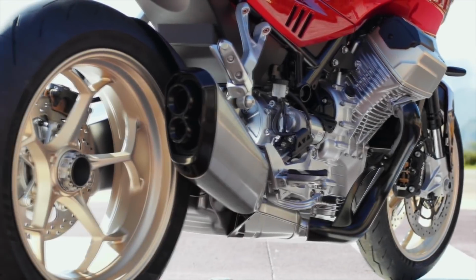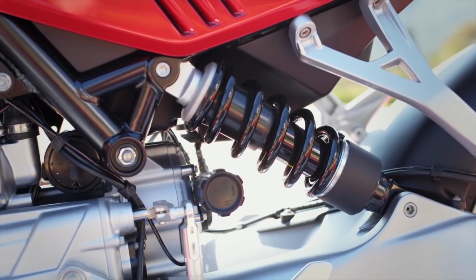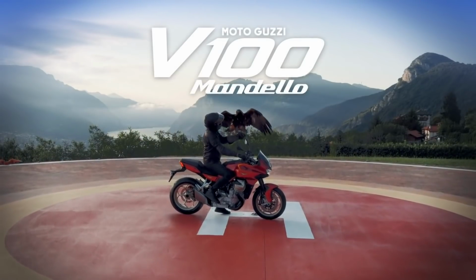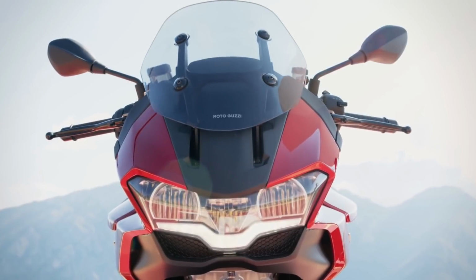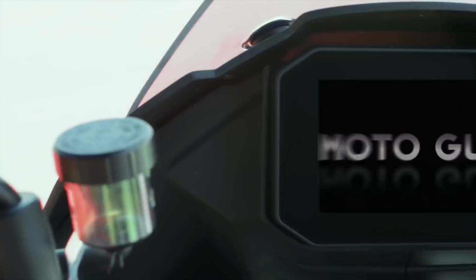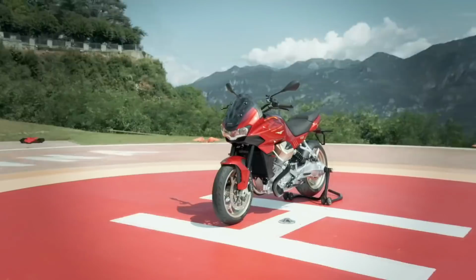Moto Guzzi have just announced the beautiful V100 Mandello in their teaser video. Full details and specs aren't going to be revealed until November's EICMA show in Milan, but Guzzi haven't been coy about showing us up-close details of the bike, and from that we can make some pretty educated guesses as to what this beautiful bike holds for those who are lucky enough to be able to swing a leg